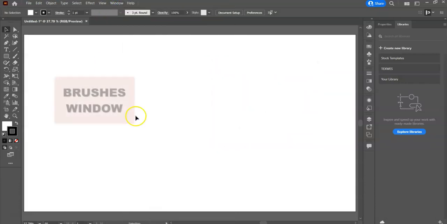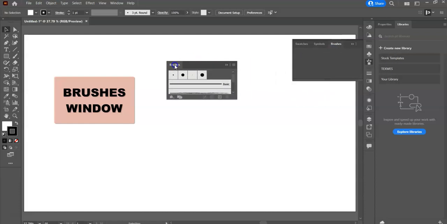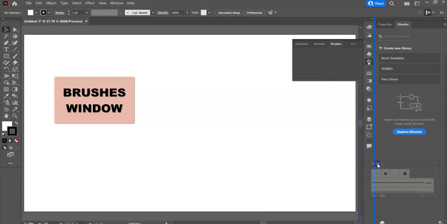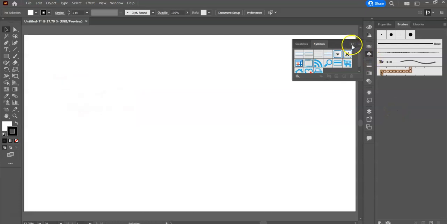Speaking of windows, some of the ones that we will need are the Brushes window. You can find this one with this little icon here. If you select it, it'll pop out to the side. One thing to remember, you can always take the tab, click and drag, and isolate the window itself. You can move it different places. That blue line means I can dock it somewhere else, or I can also add it to the tabs up here at the top and rearrange them. That way I have everything I need conveniently located, especially if it's something that you know you're going to use